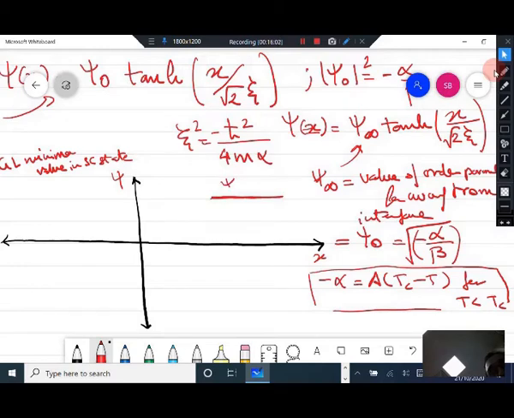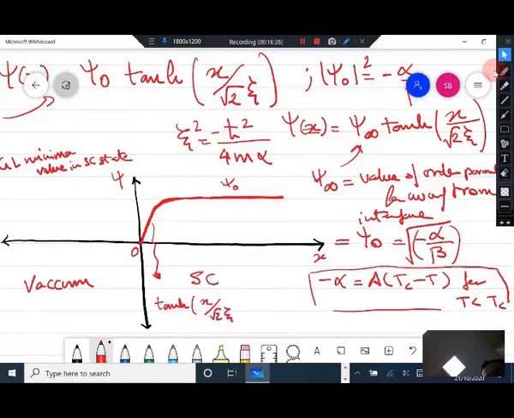This function is nothing else but psi naught, and as you approach closer to the boundary, this is the superconductor, this is vacuum. As you approach this boundary, the order parameter drops to 0, and the behavior of the order parameter here is tan hyperbolic x by root 2 xi,